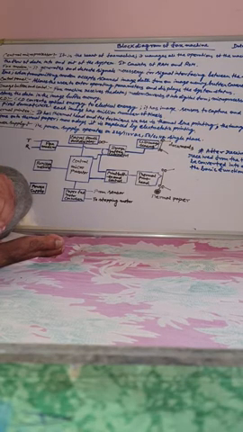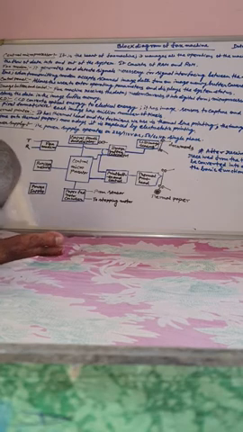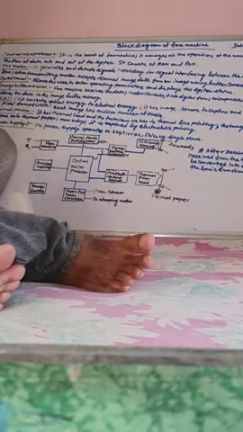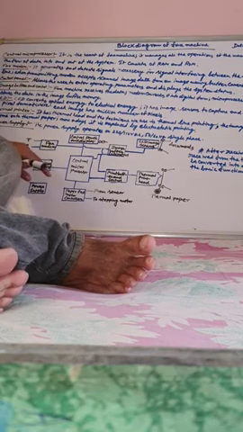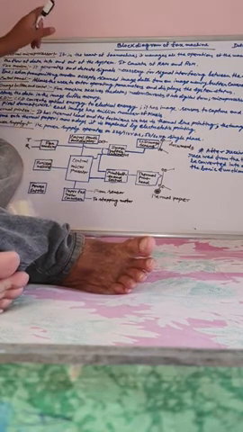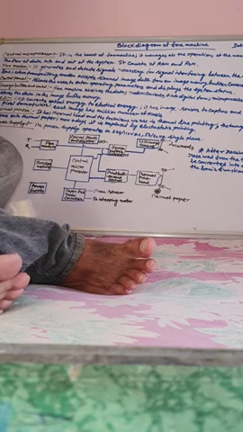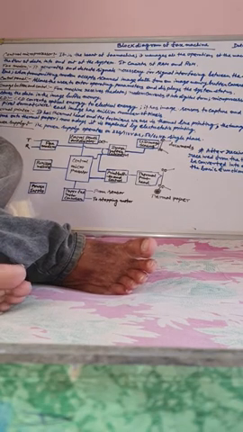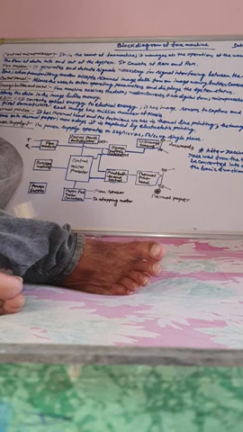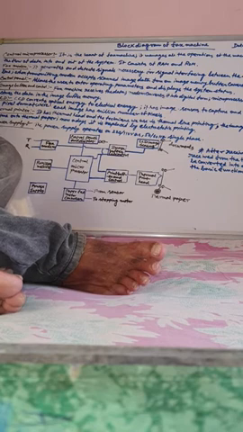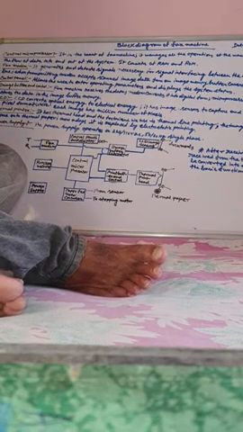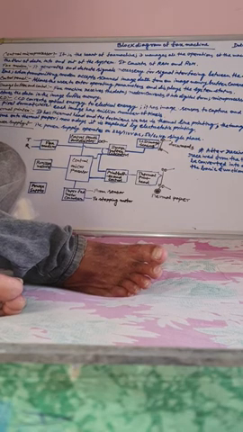Now, after this diagram, I will give you short notes on GSM architecture. I hope you have understood the block diagram of the fax machine. No other things are required. So okay, today we are ending this chapter. We are going to close this chapter for today. Now I am going to give you short notes on the GSM architecture of the telephony network. Study this note properly for your examination purpose.